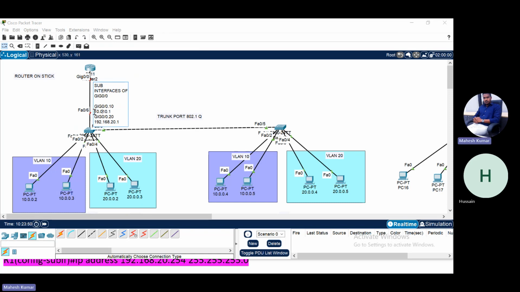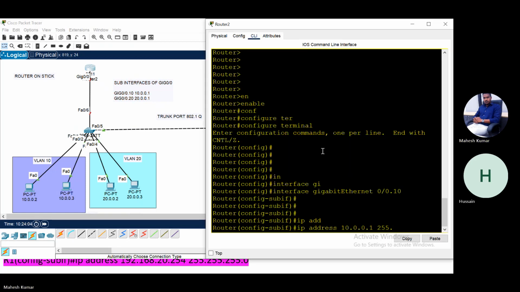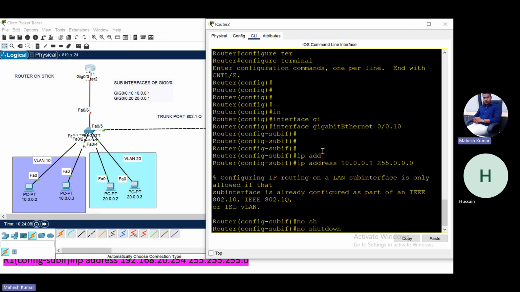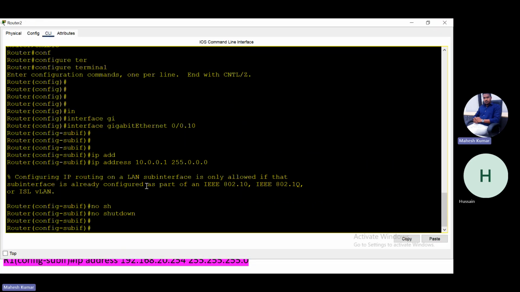So we need to change this to 10.0.0.1, and 20.0.0.1. We need to keep it like this, with 255.0.0.0 and no shutdown. Okay, so what is it telling? Configuration of IP routing on a VLAN subinterface is only allowed if that subinterface is already configured as part of